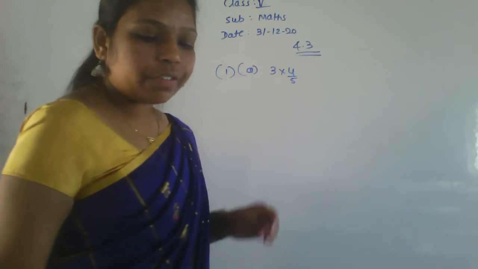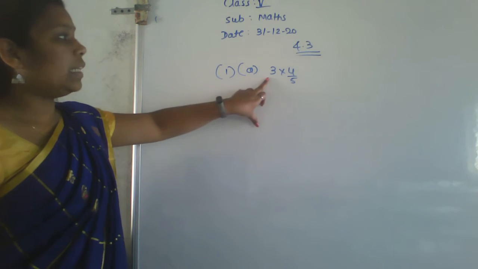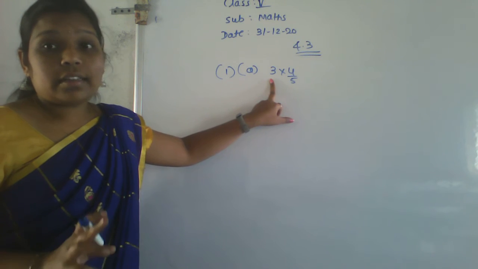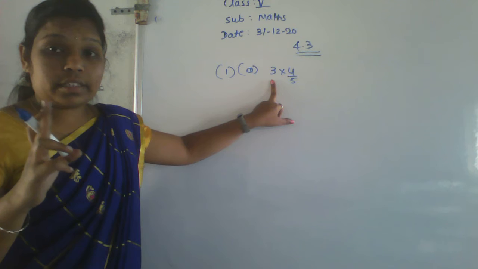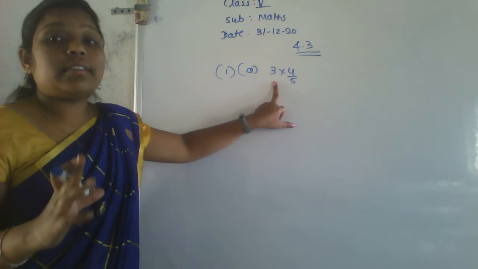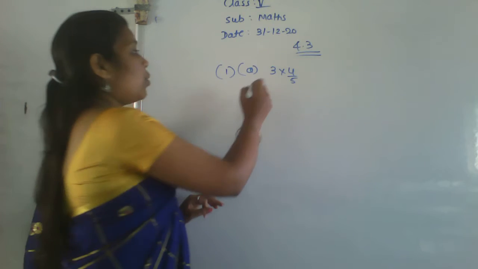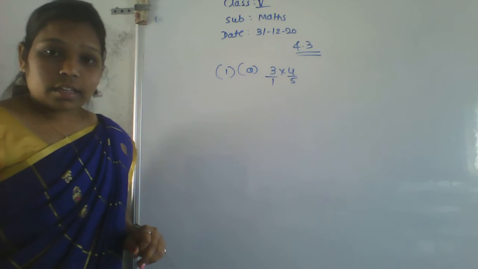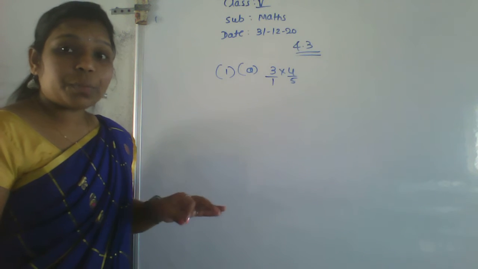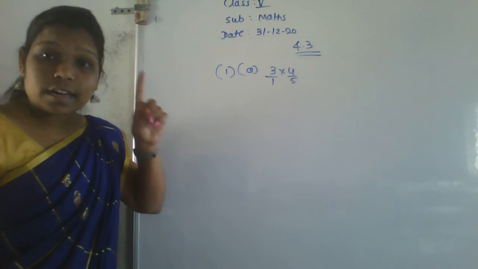Okay. So, if nothing is there in the denominator, say here we have only the number 3, right? If nothing is given in the denominator, then there is always 1 present. Keep it in your mind. It's understood that the value 1 is in the denominator. So write here a 1. That is a basic thing we have to know. If nothing is in the denominator, then there should always be a 1.